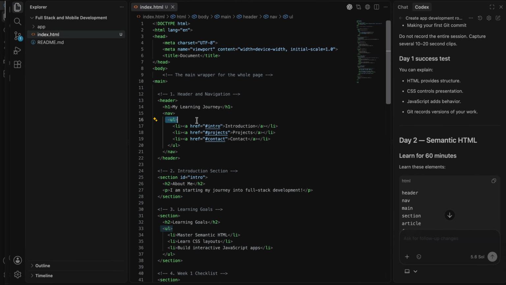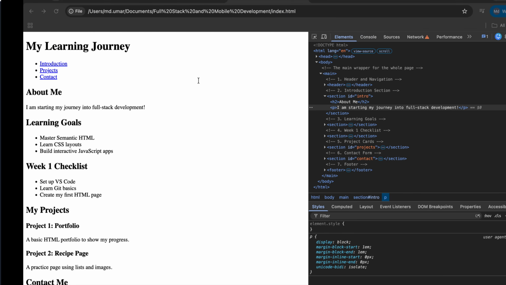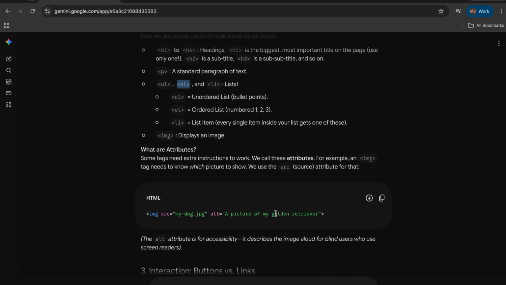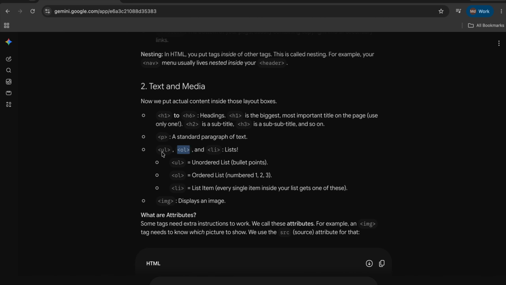Now we created an unordered list. In that unordered list, we have list items. So we created a list and we added items in that list. In list item 1, we have the anchor tag that we studied here. If you can see what we have, the anchor tag is